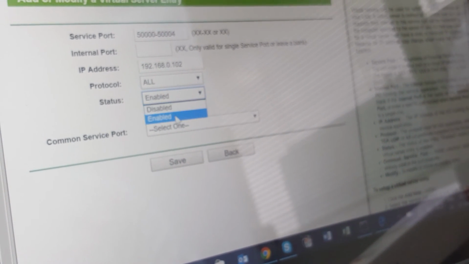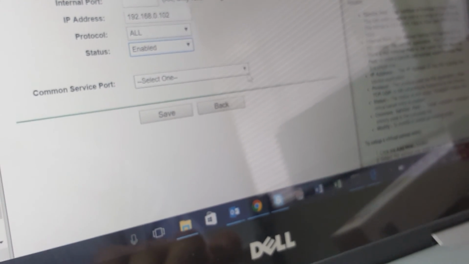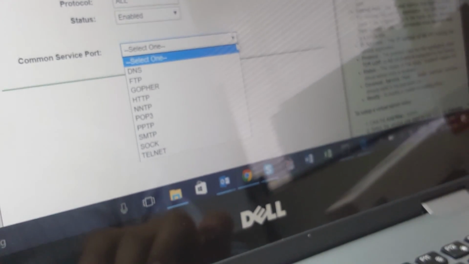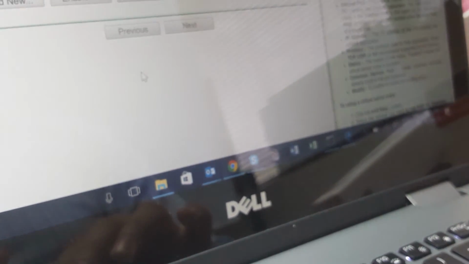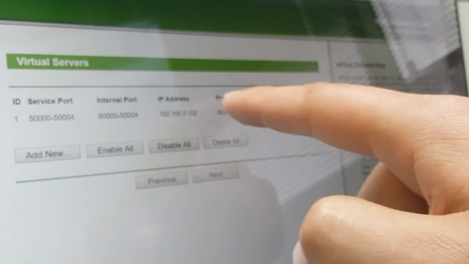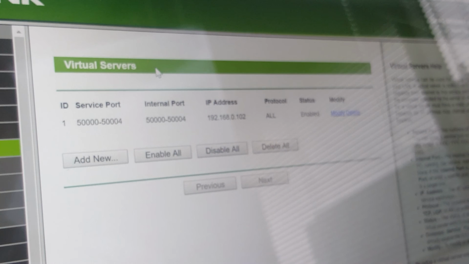Status enabled. Common service port, I don't know, hopefully we can just leave that blank. And I'll hit save. Done. That's it, there's our rule. They're open for both TCP and UDP. And that's it. So now